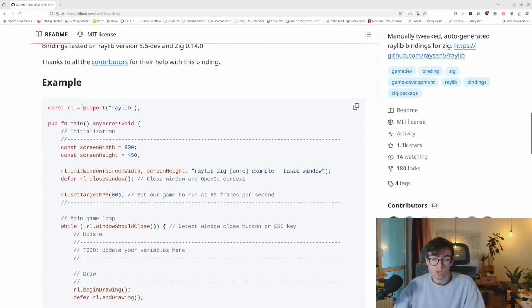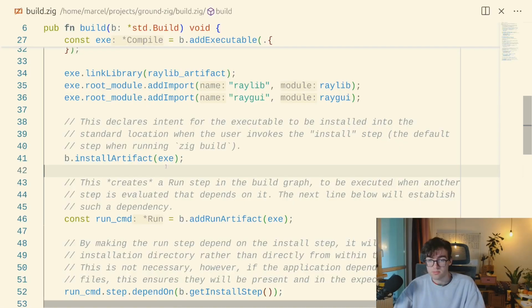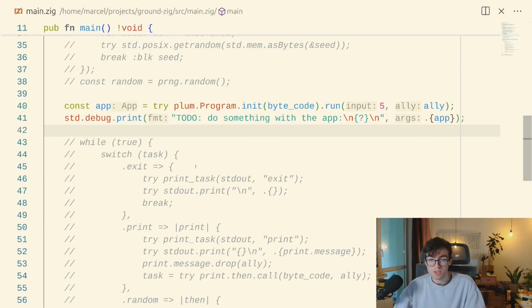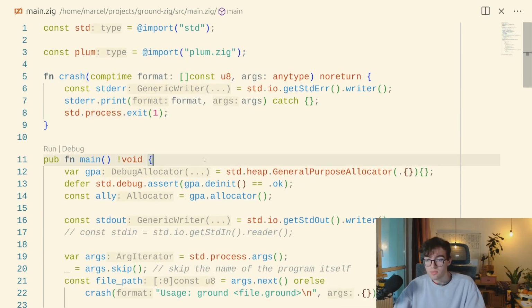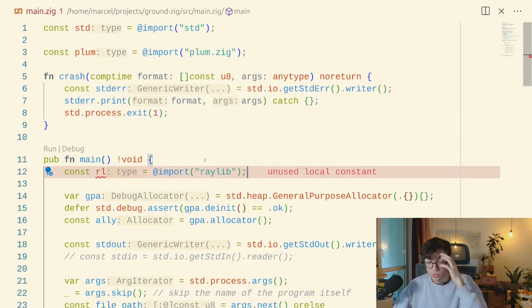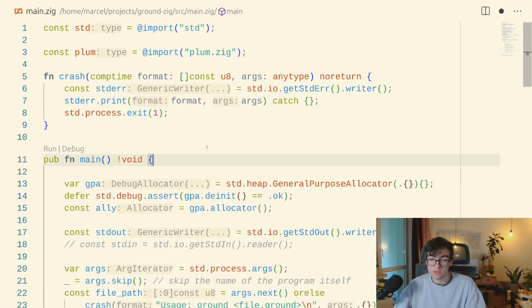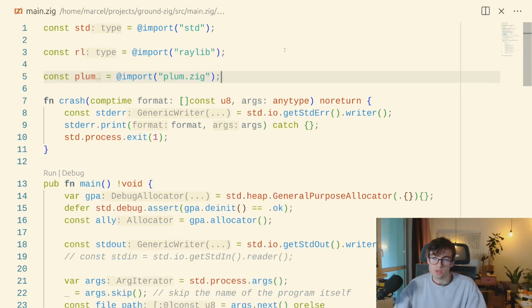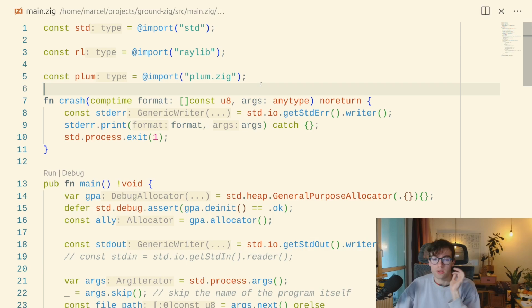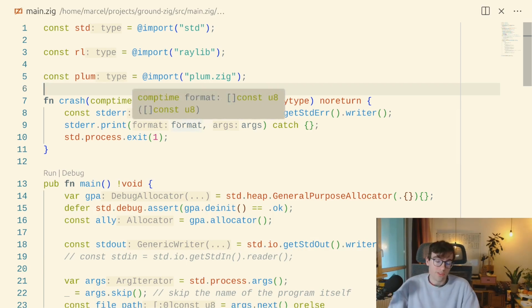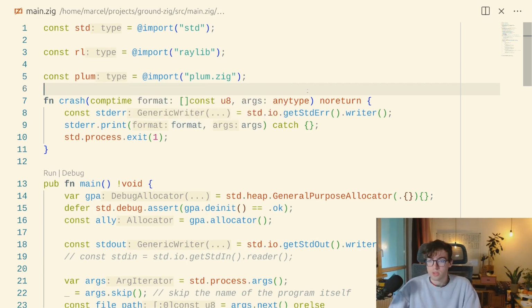Alright, and then we should be able to do this. I am curious whether that works. Like I've tried this back when, you know, Zig wasn't even at 0.14 or what it is right now. Whether you didn't have the Zig zon file and the build process was different and stuff. So let's see if that